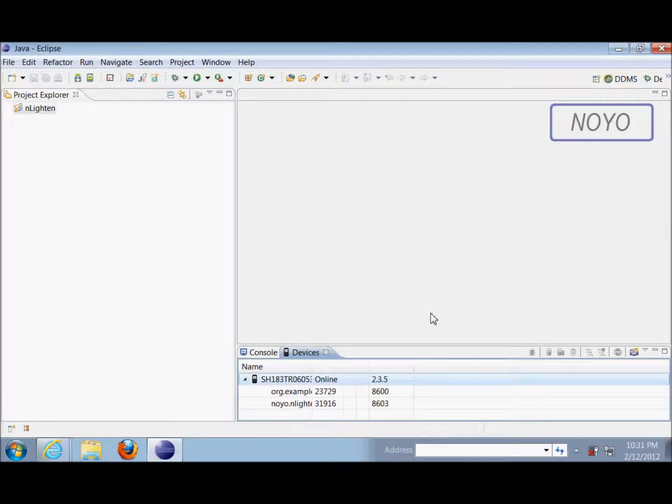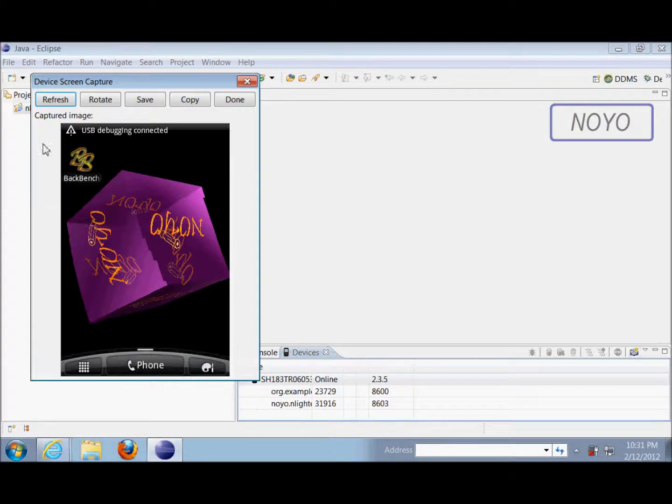So you'll play with your phone or your app, and you'll go to some other screen, and then again click on screen capture. You will see that screen, and you all can take multiple images of different screens in your phone with this feature. That's it for this video. Thank you very much for listening, and if you need more help, feel free to ask me in the comments.